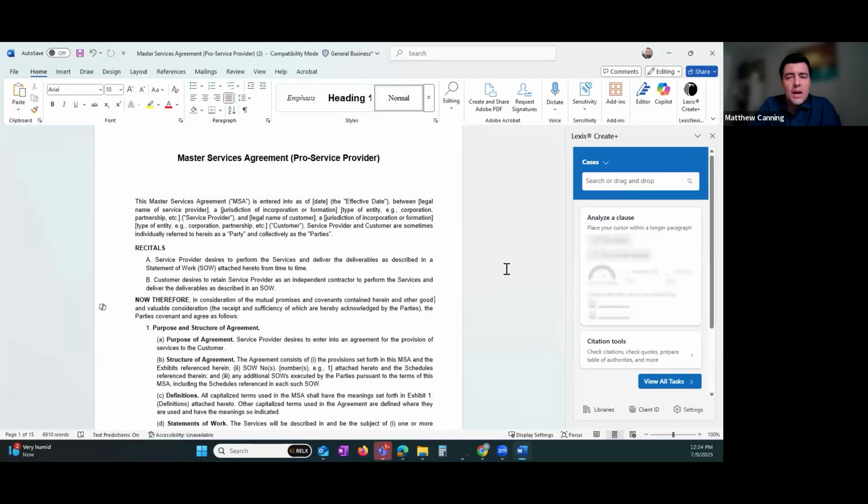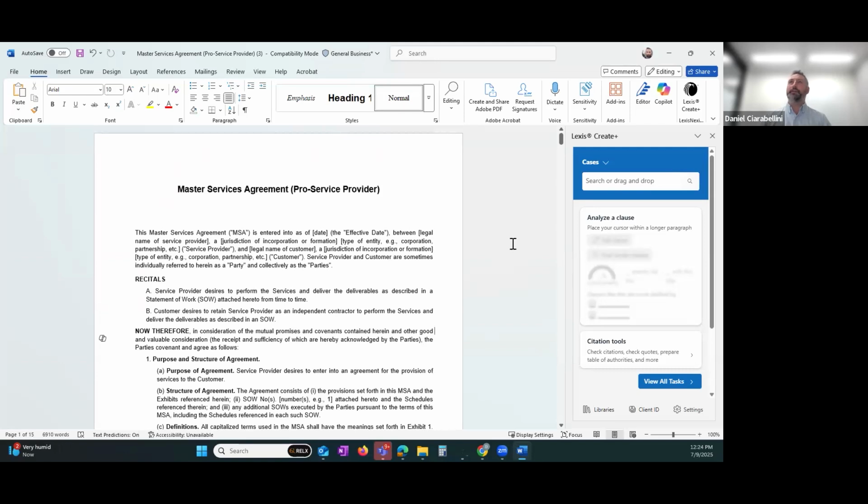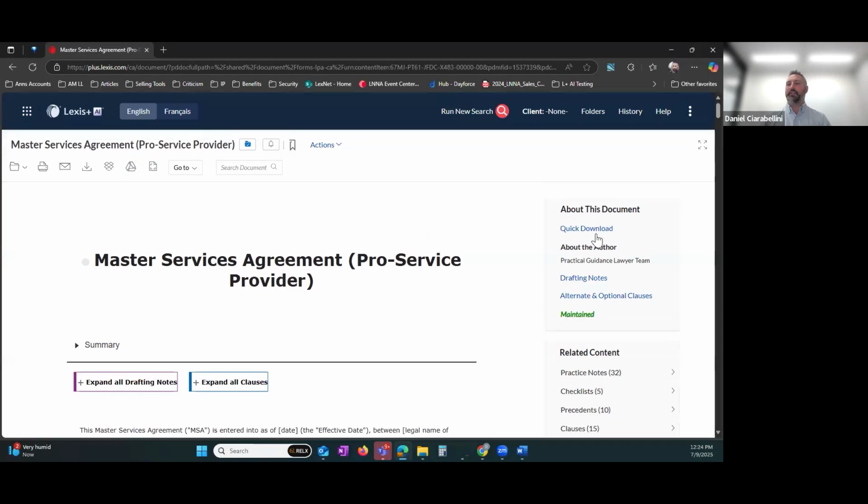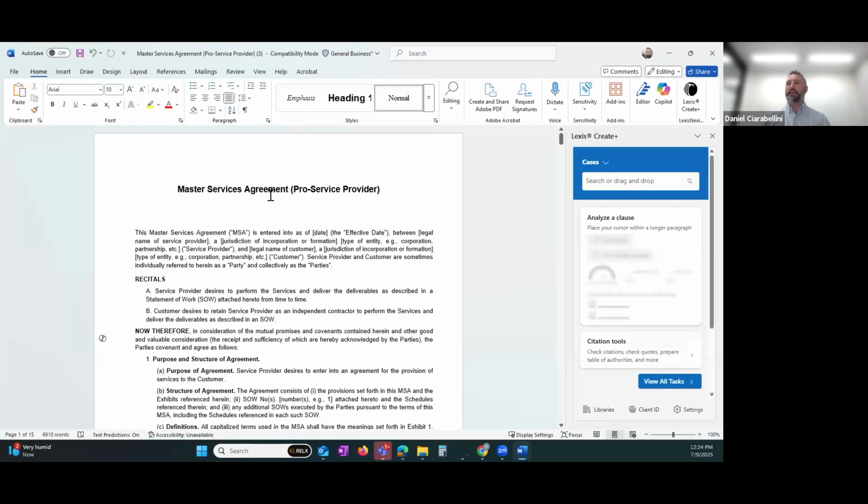But Dan, what other functionality would you say exists for drafting litigation related documents in Create? Yeah, so I'd say all the same functionality exists. You might just use some of it a little bit differently. If I was to draft a factum, I could start the same way we did by finding a factum in Lexis Plus, and then downloading it, opening it in Create. Or if I'm a litigator, I've probably written factums in the past, unless I just got called to the bar, and so I could also open my own precedent from my DMS within Create, and then I could get to work,